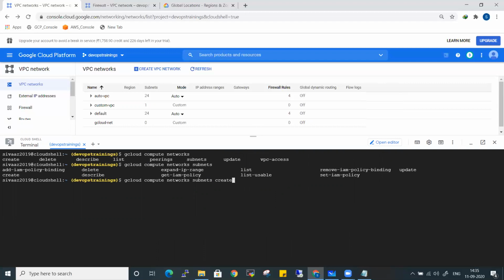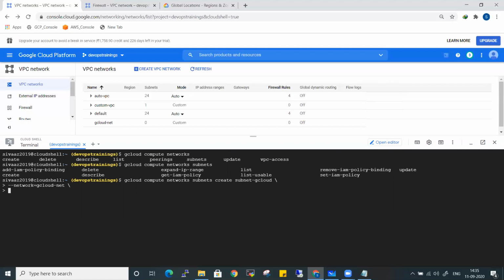I want to create a subnet with a name, so let me create the subnet gcloud. Now I will be giving the parameters. Let me go to the next line so that it will be easier for you. What is the network that you want to define? I mean, where should this subnet be created? It should be created in gcloud-net.